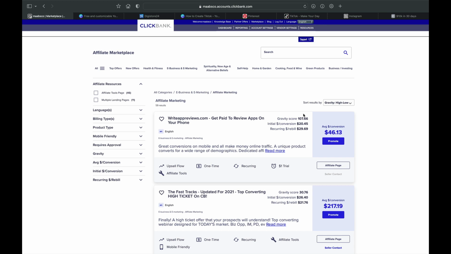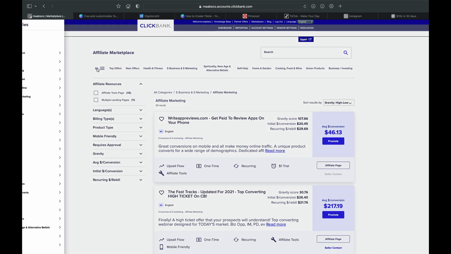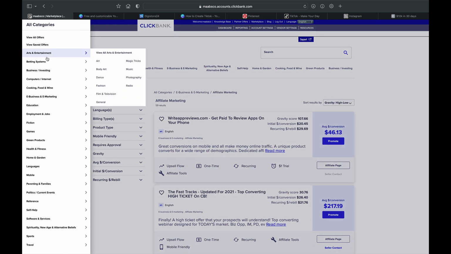You're going to come to ClickBank. If you haven't registered, if you don't have an account, make an account with ClickBank and then come to this page. Once you come to this page, come to a dashboard and you can hit Marketplace and it will bring you to this page. Once you come to this page, click on this all, and for training purposes